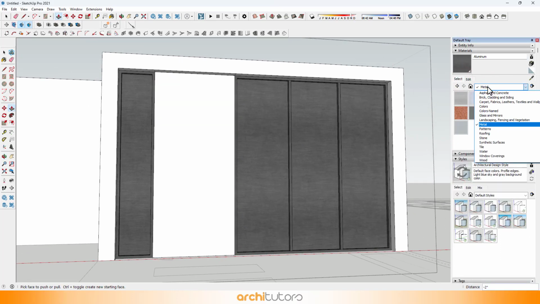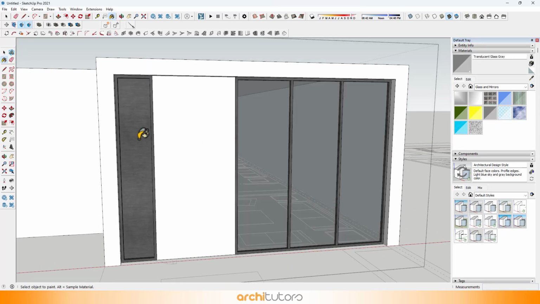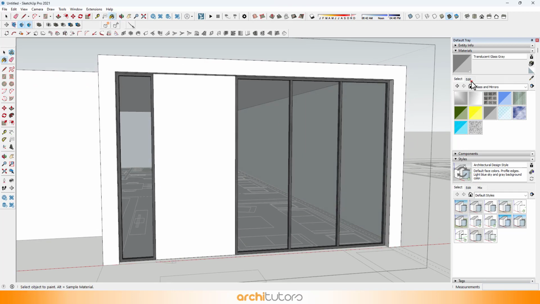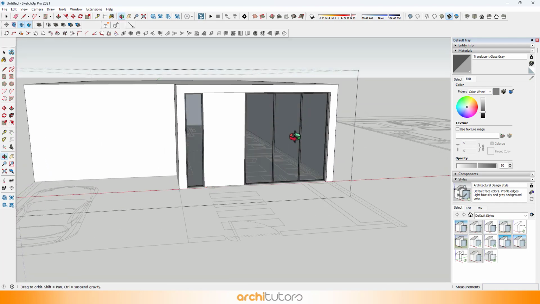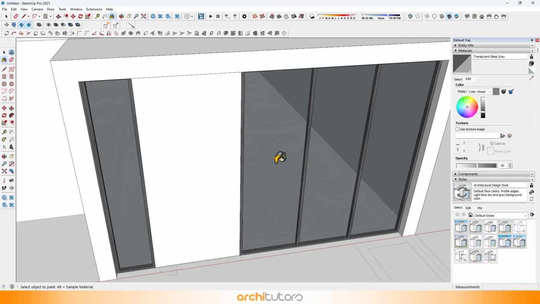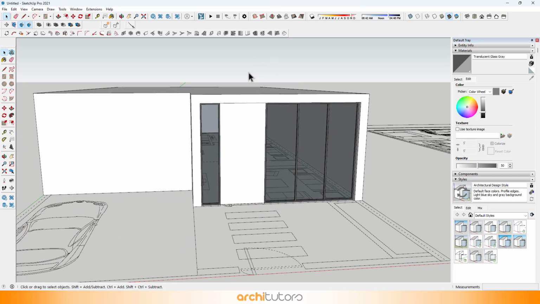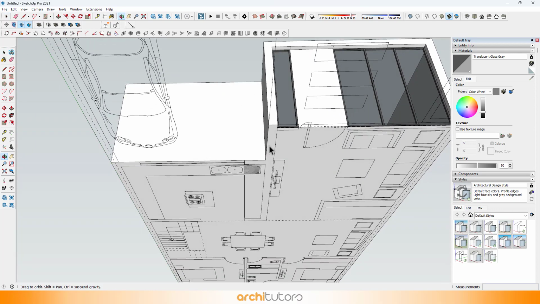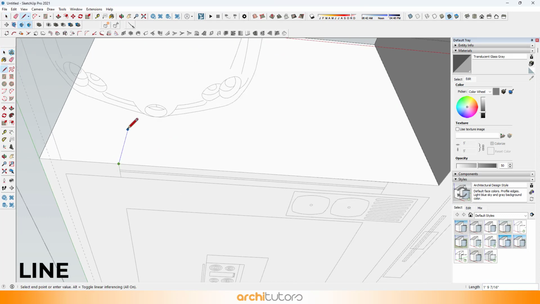And apply a glass material on it. I'll do the same for the window on the other side. It's a slit window.